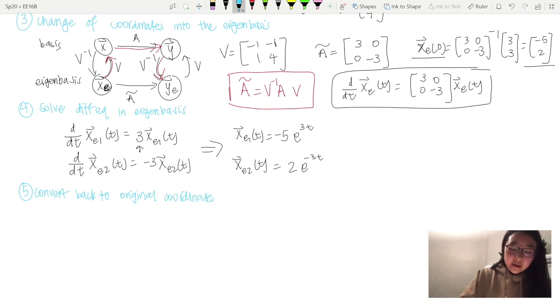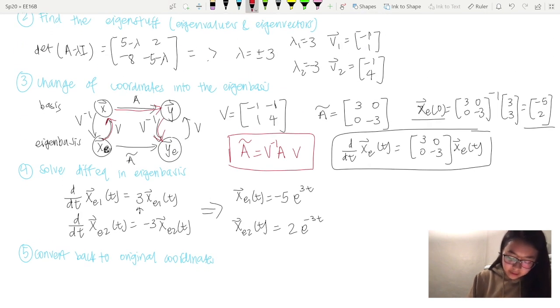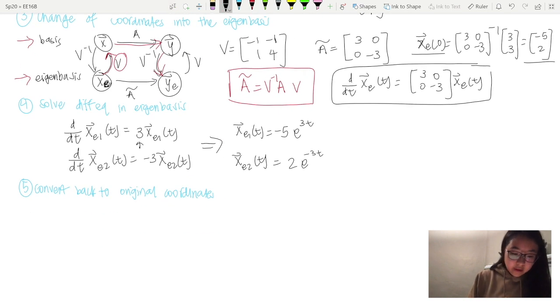And how you do this is, now we go back to this graph, we're in the eigenbasis right now. You want to convert back to a regular basis. And how you do that is just by multiplying current values by v. So then, based on that, according to our example, we want to get back to x of t, and that's